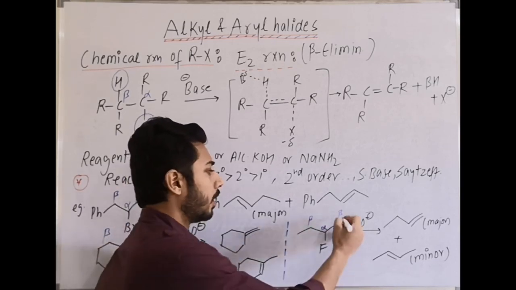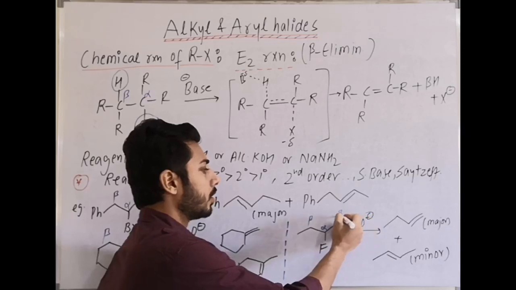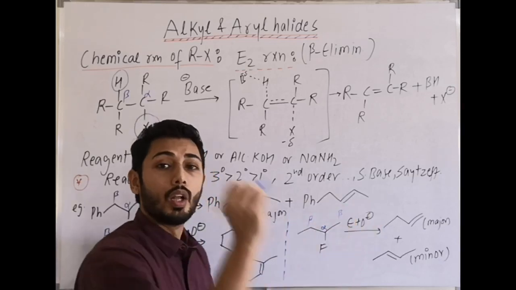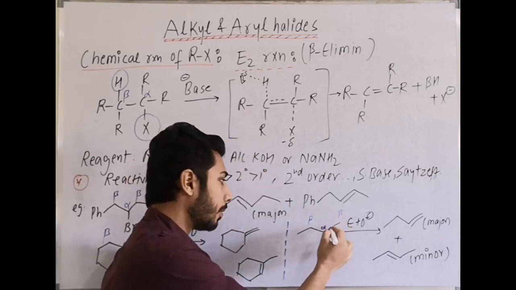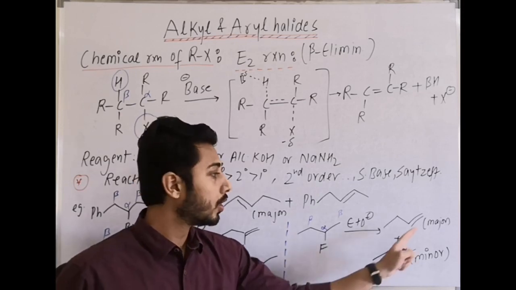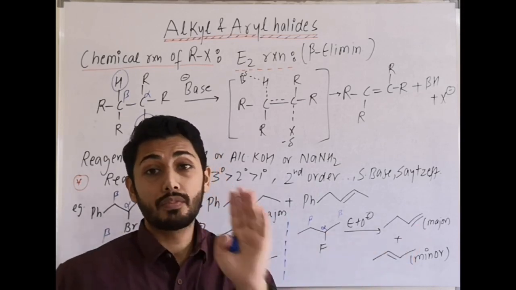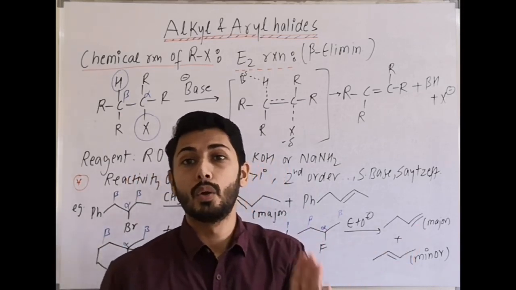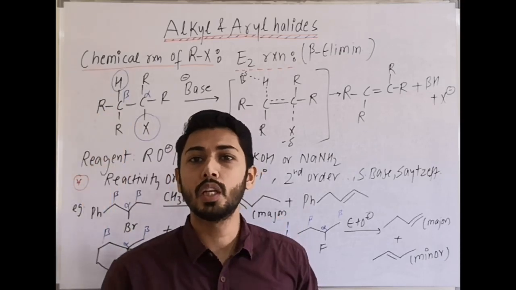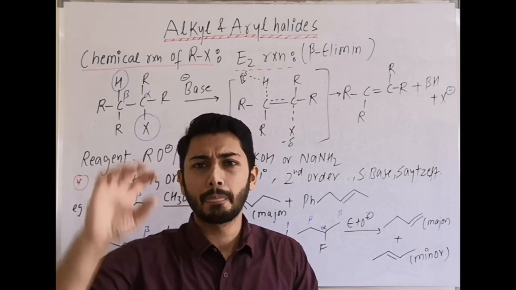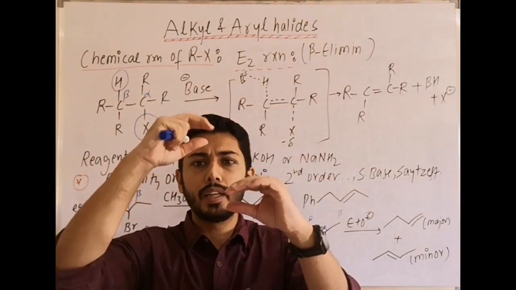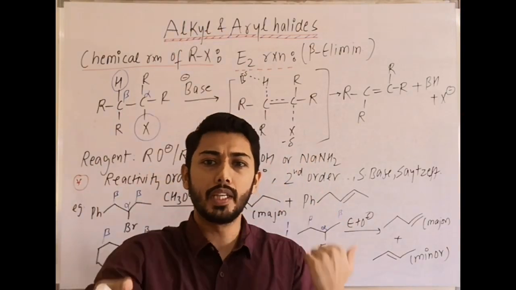So which is taken by the base? This beta hydrogen. When H plus leaves, a carbanion forms. Now this carbanion forms a double bond and the weak or poor leaving group departs. So that is the reason with alkyl fluoride we always firstly remove the beta hydrogen which is more acidic, and the transition state is carbanion type, then the double bond forms and F minus leaves.